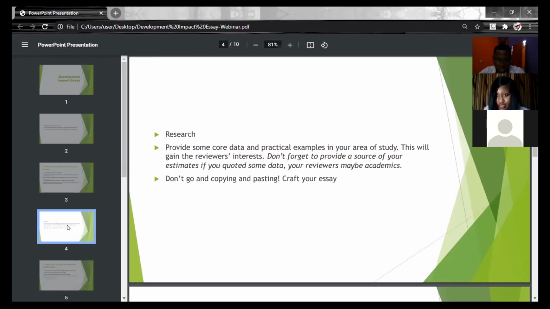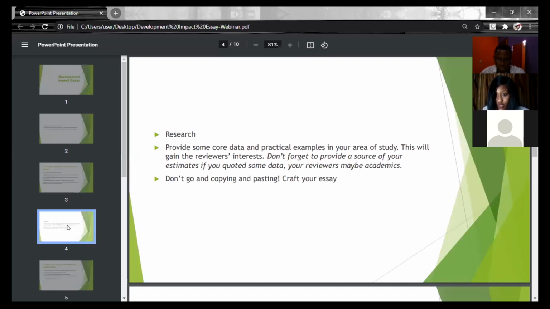Do not write an essay just being abstract. Please give concrete examples, give data, show like you know what you're talking about, not just writing for the sake of writing, okay? And as you go through the papers, the scholarly articles, as you read about the issues that might be going on in your country, do not be copying and pasting, just taking from the internet source or just from the report